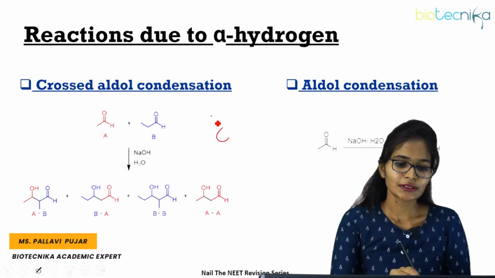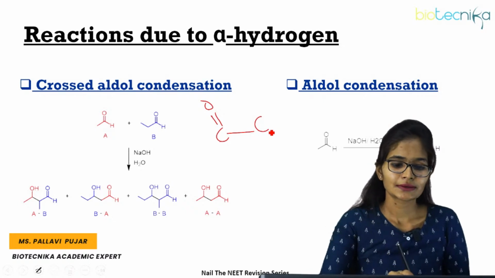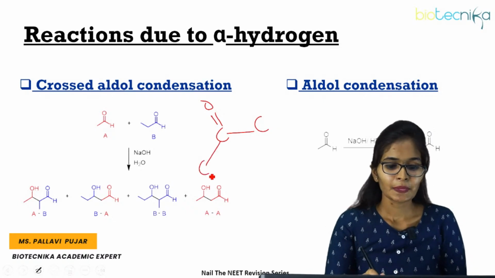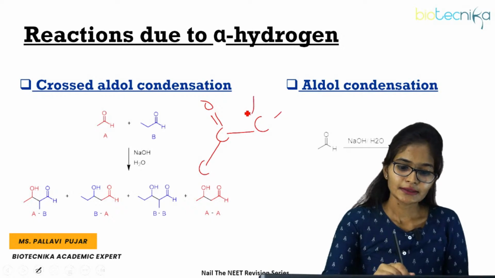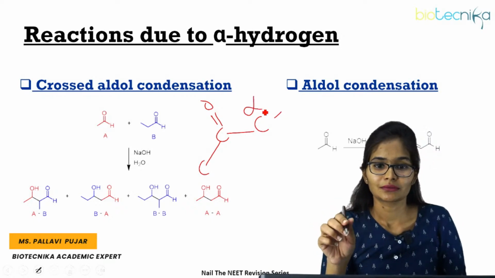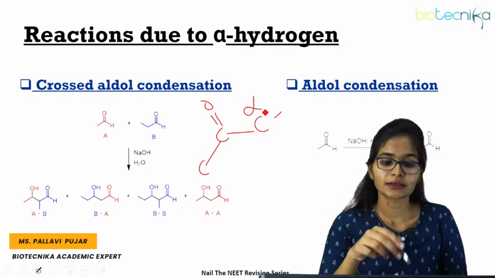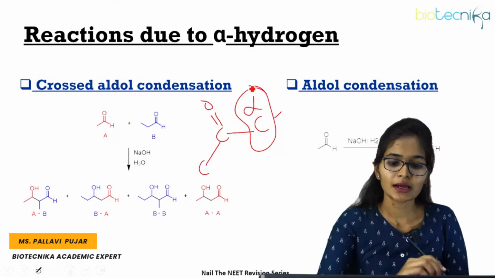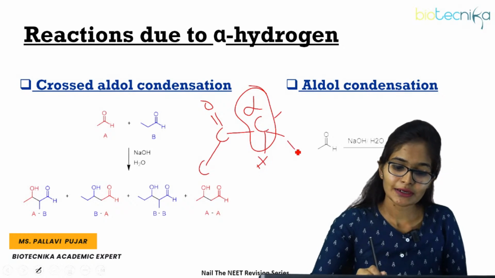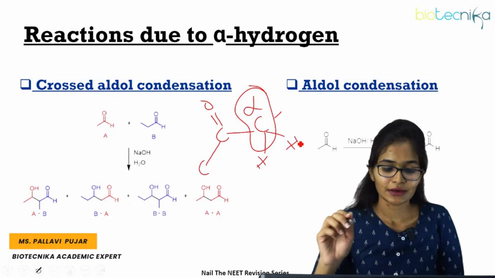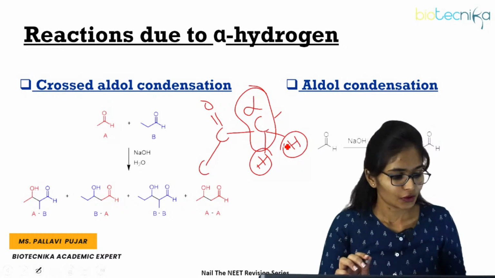Alpha hydrogen is when you have a carbonyl group which is attached to any carbon on this side or else this side. The carbon attached to the carbonyl group, we call it the alpha carbon, and the hydrogen on that carbon we call the alpha hydrogen, right? So this alpha hydrogen is most reactive because